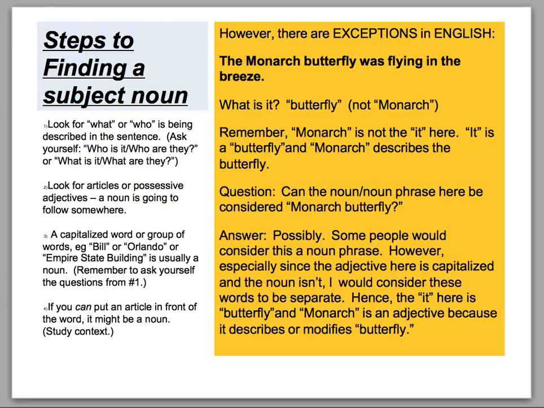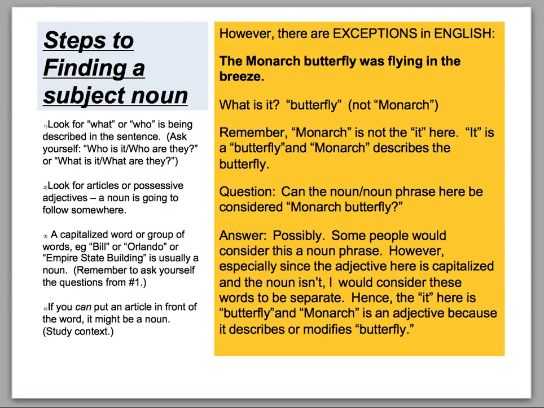What is it? What are we talking about here? Butterfly, not monarch, right? What is monarch in this case? What part of speech? It's an adjective, exactly, because it describes the type of butterfly. However, monarch is capitalized. So you might think, oh, well, monarch is capitalized. It's probably a noun. Well, it's an interesting analysis here, and that is that monarch butterfly is a compound noun. However, the capital word monarch, if you only refer to butterfly as the noun, as the subject noun in this sentence, because breeze is also a noun here, but as the subject noun,